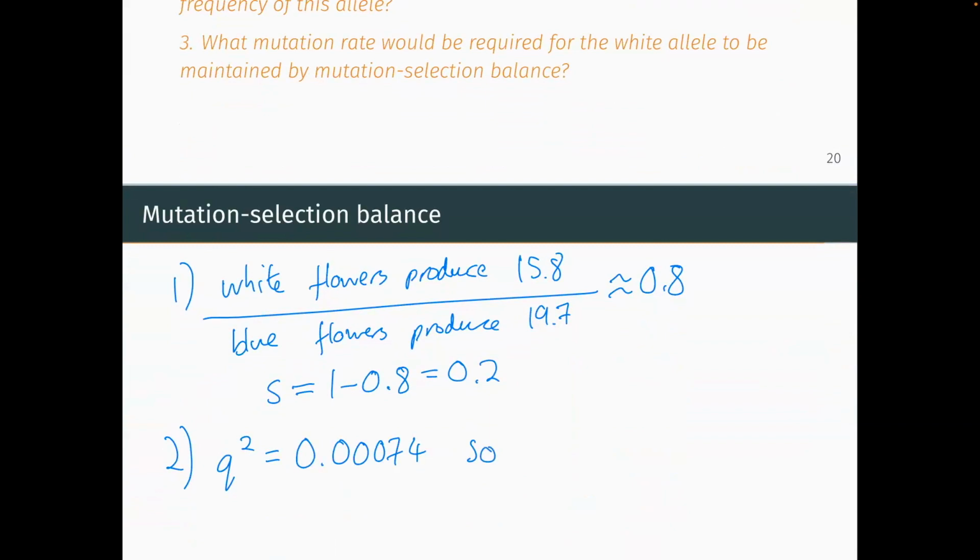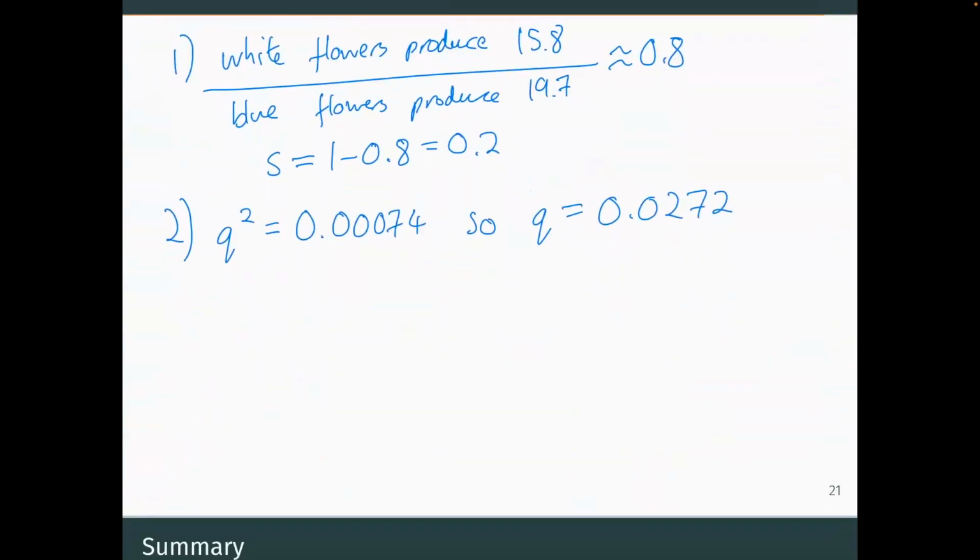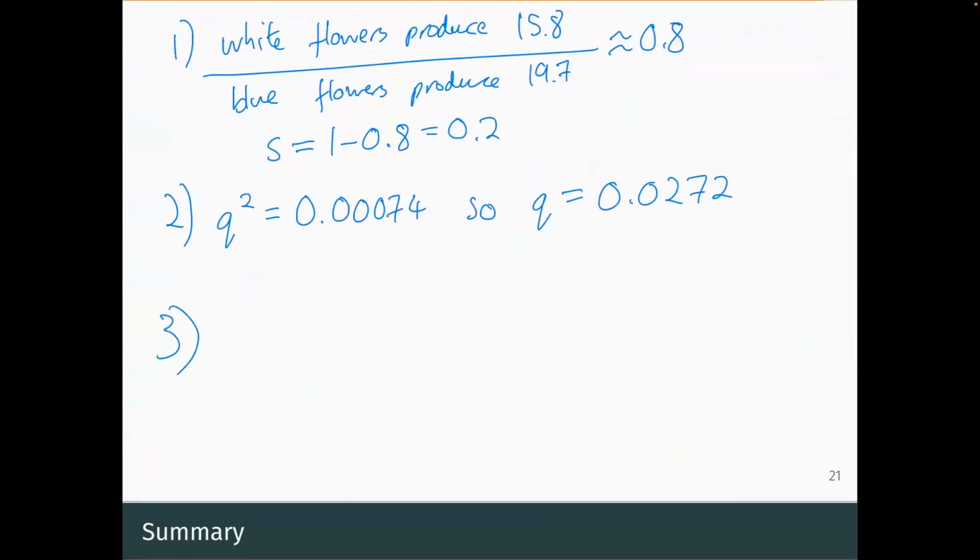So we have the frequency of Q squared. The frequency of Q is just going to be the square root of this. So it's 0.0272. So just take the square root of it. And then finally,